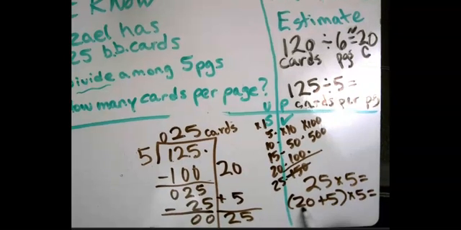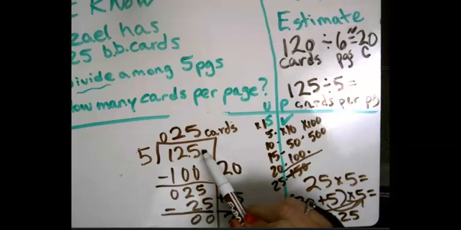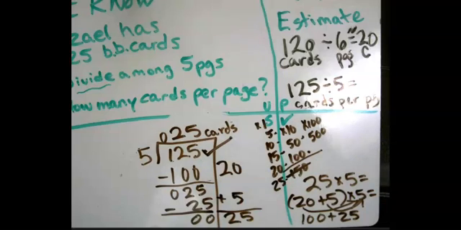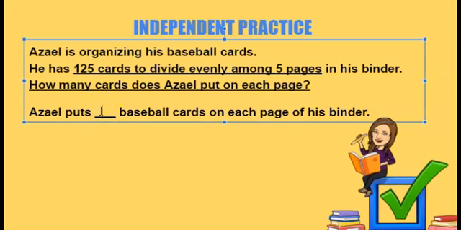All right, so my first step, 20 times 5. Well, we know that's 100. And then my next step is 5 times 5. That's 25. Well, if I add up 100 and 25, do I get 125? Yes, I do. So we got that correct. Let's go type it into our sentence. Azael puts 25 baseball cards on each page of his